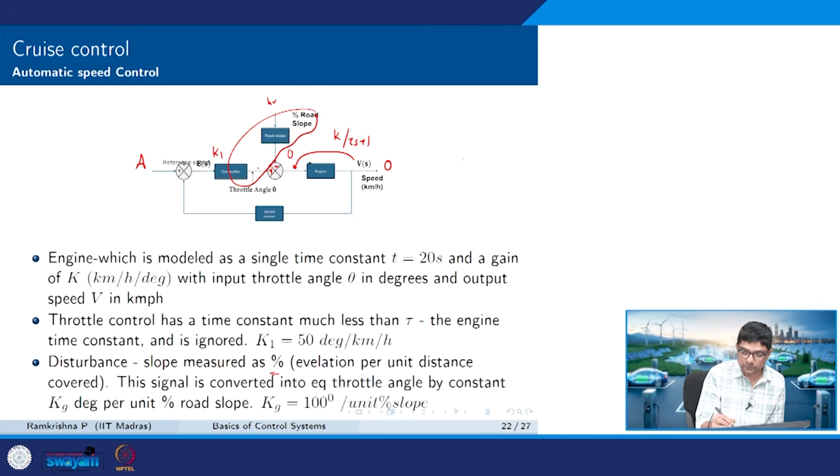So, this signal that comes here is A times K1. Now what is here? This is Kg, I will call this slope as Kg, times d, which is the percentage of slope. Now I know what A is, 60.8, I know K1 is 50, I know Kg is 100, and I want to compute what d is now. This d will now be